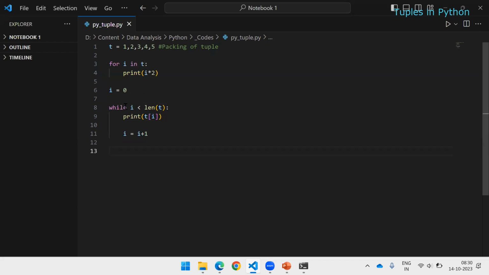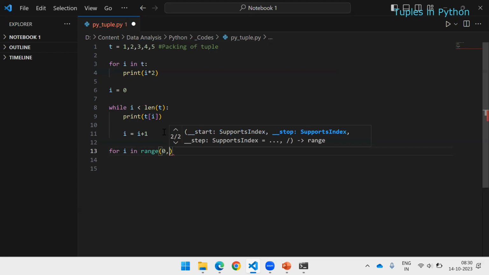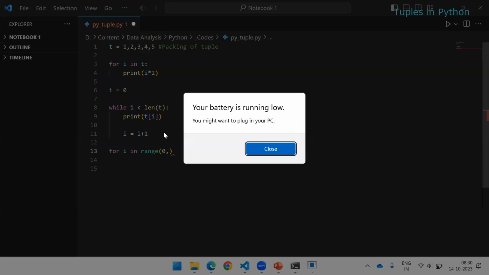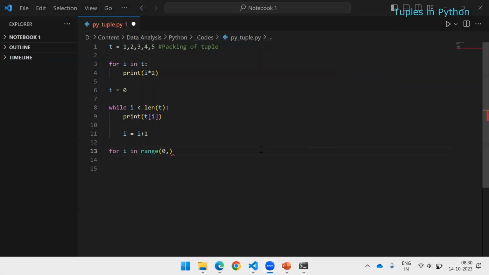Okay, but if you want to use the indexes here with a for loop, we can use the range function, because we are supposed to specify them. Let's see how we can use range here. If I say for i in range of, and here your indexes start with 0, this is the starting number or lower bound for the range function, then you can simply use the length function to get the number of items. So obviously I will use the length of t, and this is going to return